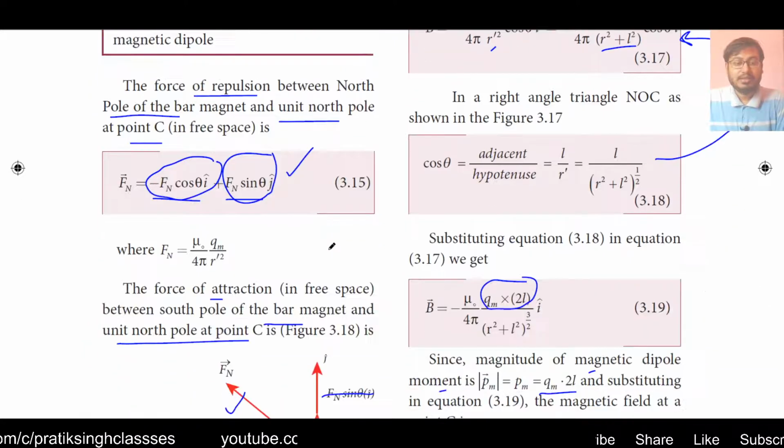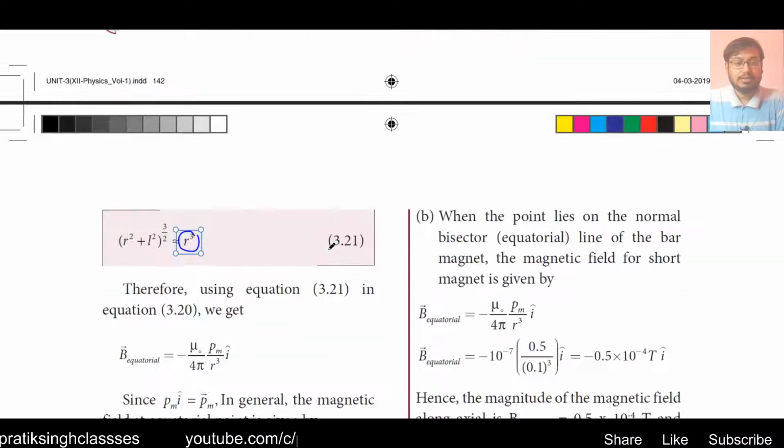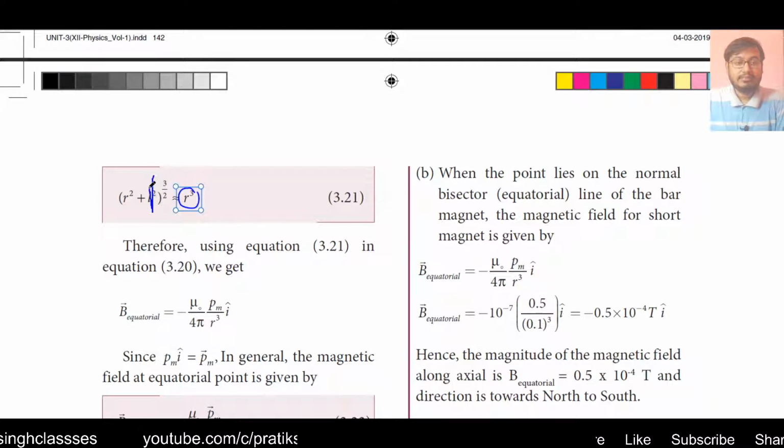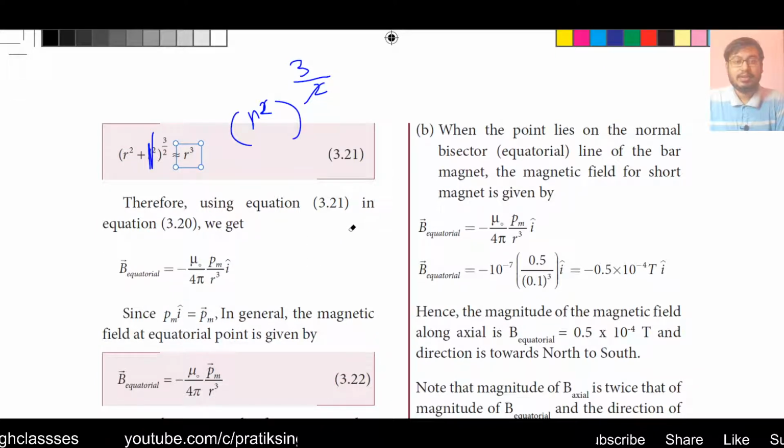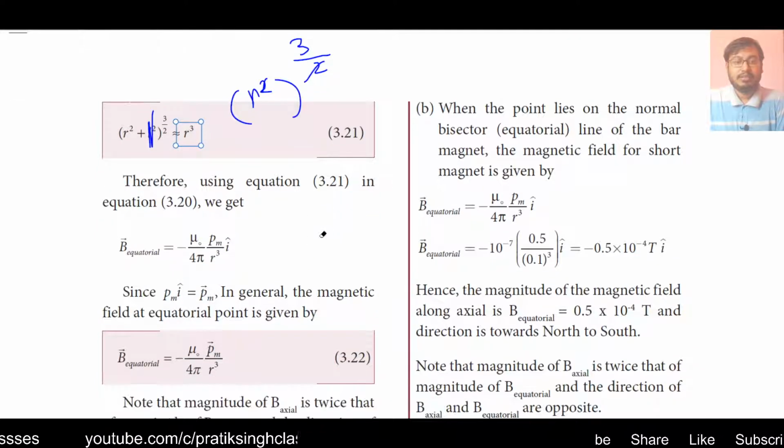If r is far bigger than 2L, in that situation this term will cancel out and we will get r square to the power 3 by 2. This 2 and 2 will cancel out and we will get r cube as given here. So this equation 3.21 will become